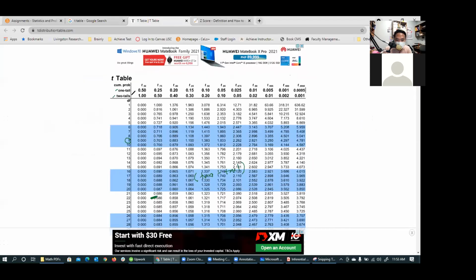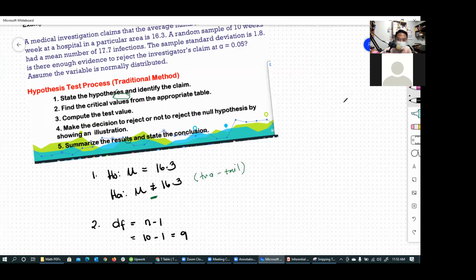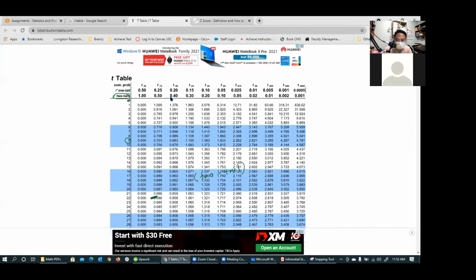So focus here. Two-tailed, with 9 degrees of freedom. What is the alpha? Go back to alpha. Our alpha, guys, is 0.05. This alpha is in the two-tailed row, 0.05. So I'm going to annotate here: two-tailed at 0.05 and degrees of freedom of 9. So our critical value, guys, is